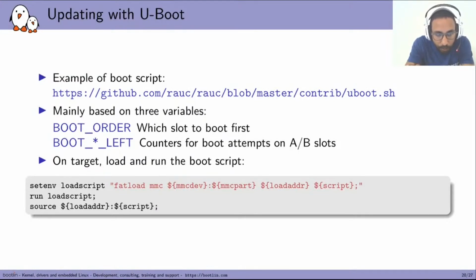So it typically fits a basic scenario, but if you need more variables to update your application, for instance, then you may need to modify RAUC and how RAUC is using those variables directly from the RAUC source code and the boot chooser interface that is provided by RAUC. But here, for those variables, it's quite simple to understand. You have the boot order and the counters that will be used to attempt to boot on each defined